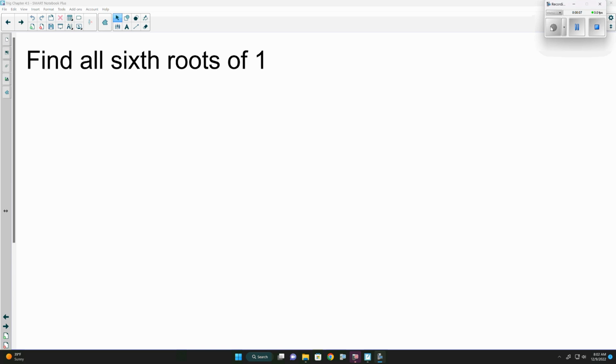Alright guys, so what we're doing today is finishing up the lesson from yesterday, finding the roots of complex numbers. Now the theorem that we had yesterday for finding the roots,